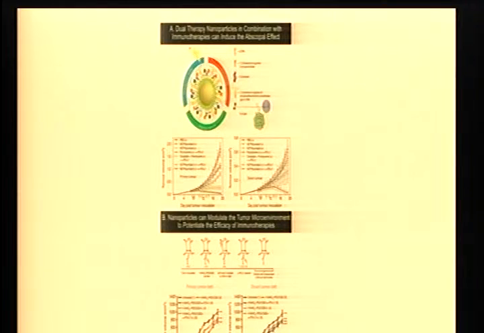So here they are saying dual therapy of nanoparticles. I could not change this because these are taken directly from the paper. This is how they had presented it. So a dual therapy of nanoparticles in combination with immune checkpoint therapies. Basically, you're trying to get rid of some immunosuppressive cells, and side by side, you're also removing the brakes on the immune system. Basically, you can try many different combinations. It may be more successful.